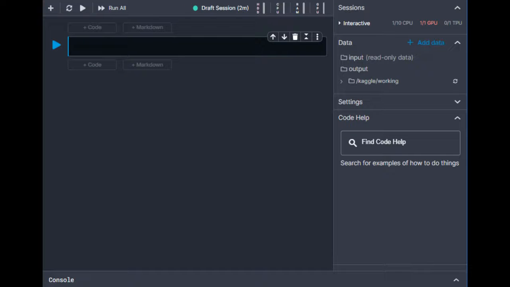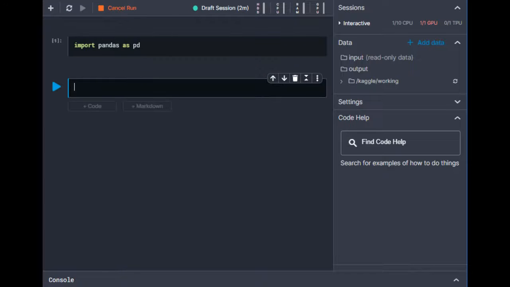So in this video we are going to train a model to predict house price using decision tree regression. We are going to use Kaggle to write the code. The first step in any machine learning project is to familiarize yourself with data. We will use the pandas library for this. It is used for exploring and manipulating data.